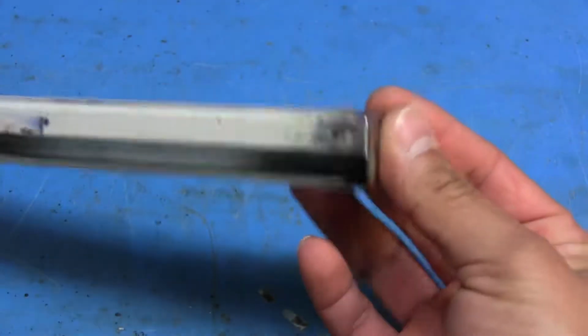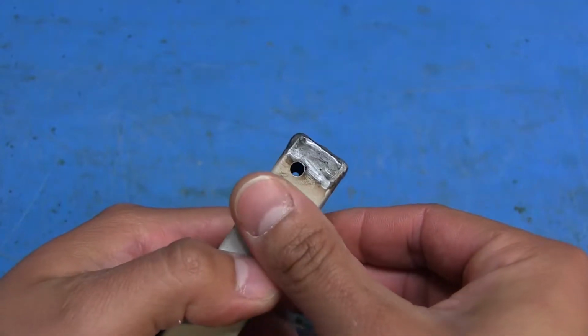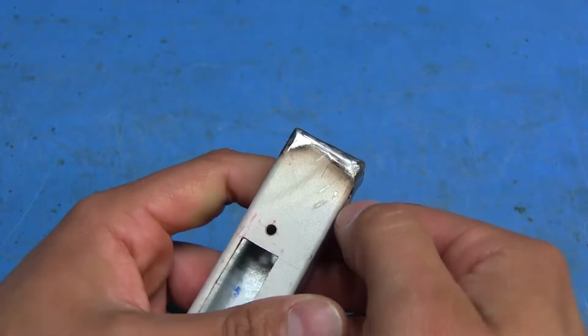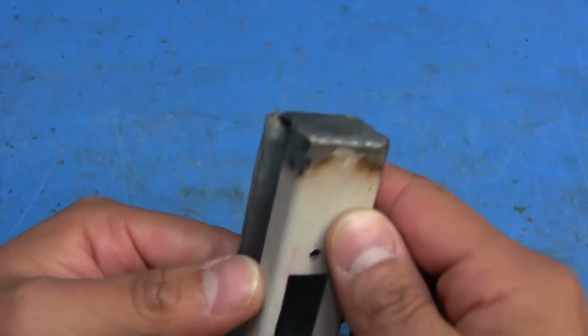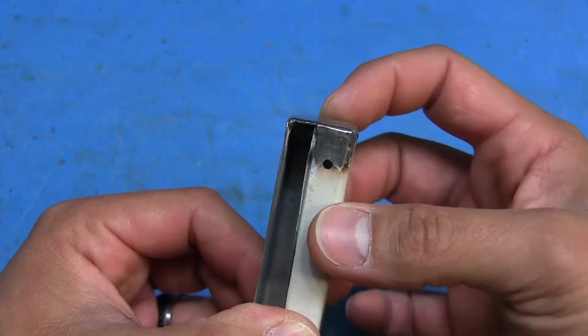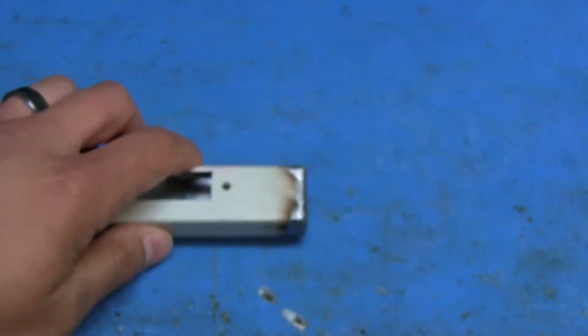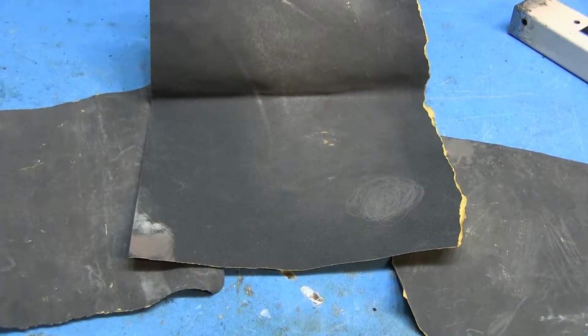to get it all nice looking, so that when I paint it, you don't see all these areas where there's little blemishes and stuff, just so it's a nice smooth coat of paint. You can kind of see right there where it's kind of bubbly, but yeah, this should all sand out pretty smooth. And I'm going to be using progressively finer sandpapers just so I can get it as smooth as